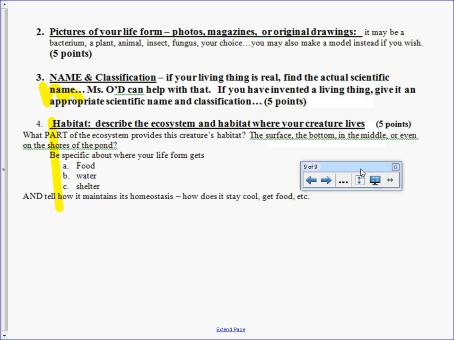And habitat. We have talked a lot about ecosystems. So not just the living thing, but you need to talk about the ecosystem, where this thing lives. Where does it find its food, water, and shelter? It might live in a pond. It might not. Maybe it lives in the fire swamps of